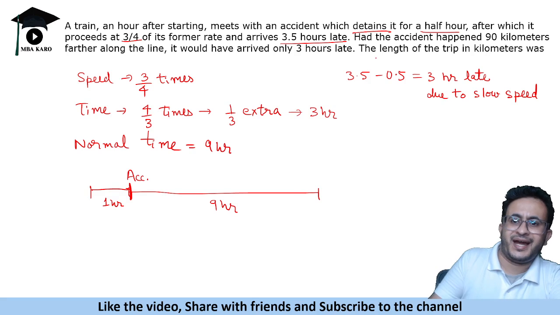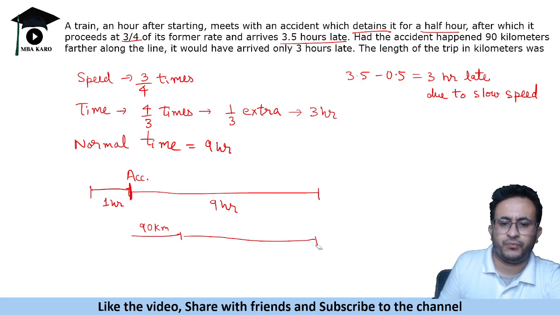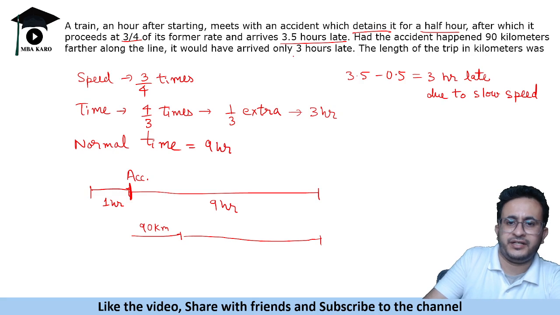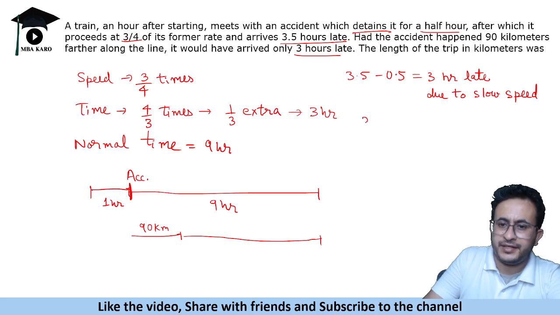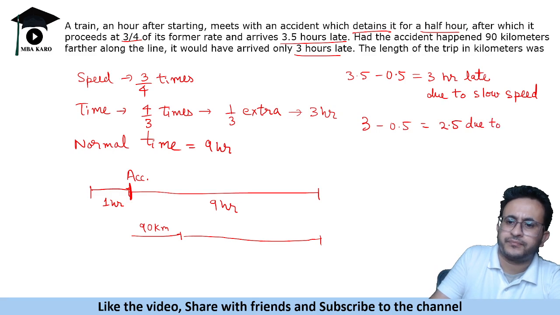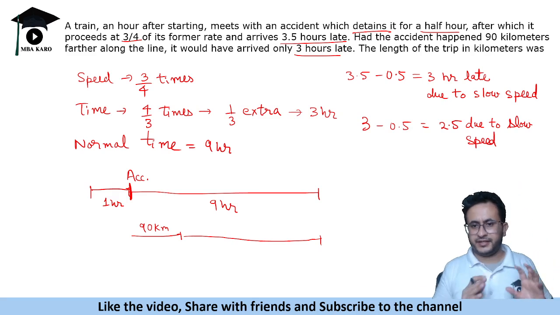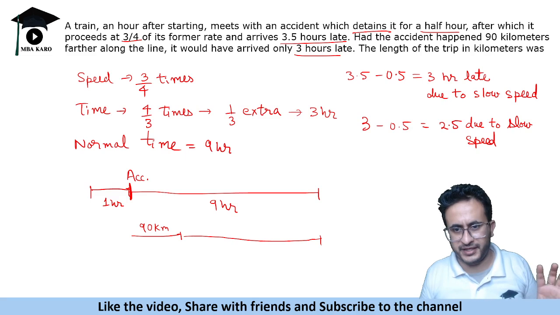Now next is, had the accident happened 90 kilometers farther along the line. So if it had covered 90 kilometers more and then the accident happened, then what does it mean? It says that it would have arrived 3 hours late. 3 hours late, half an hour stoppage time, so 2.5 hours due to slow speed. Same case as above, right? Assuming that it will stop again for 30 minutes,